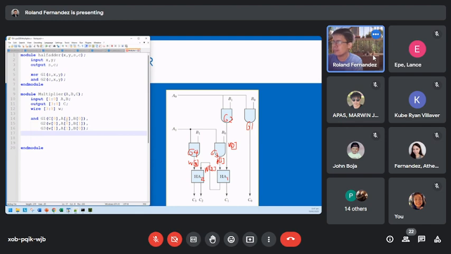Okay. G. And then G4, W index 3, A1, B1. Okay. Next, after our AND gates, we now try to get the values of C1, C2, and C3